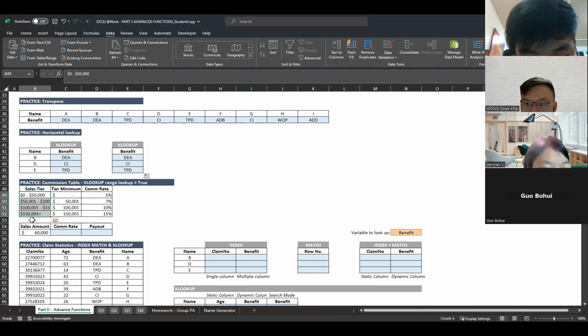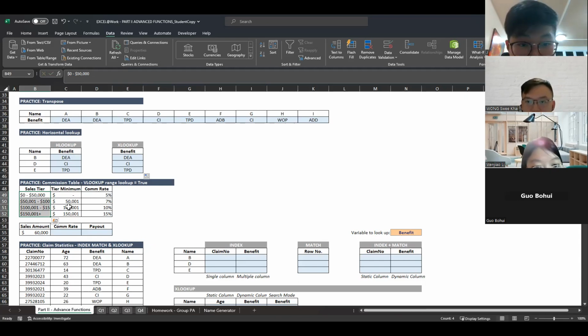Working columns doesn't mean you have to show your presenter or the person you're presenting to what these are for. This may be some sort of intermediate working. I'll usually create intermediate working for myself, and then when I submit, I'll just remove it so as not to confuse the person that's reading my work. But in this case, it doesn't matter, we're all learning.